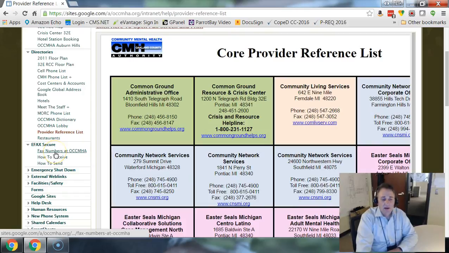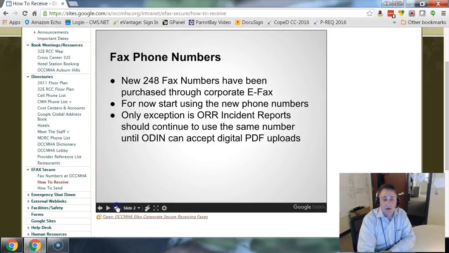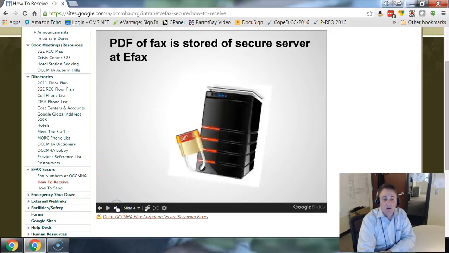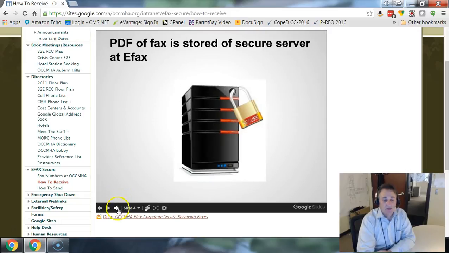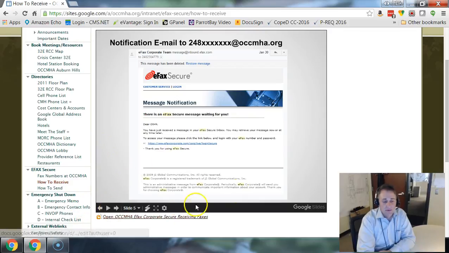So by having eFax as a service, every single team has one fax number for the team, and then fax administrators that will receive. So with eFax, we've also used Google Presentations so that new staff can understand how the actual application works. So we've used Google Presentations to do most of our training, where we can include instructions, screenshots, and in some cases even YouTube videos on how to do things. Emergency shutdown procedures for facilities have been done